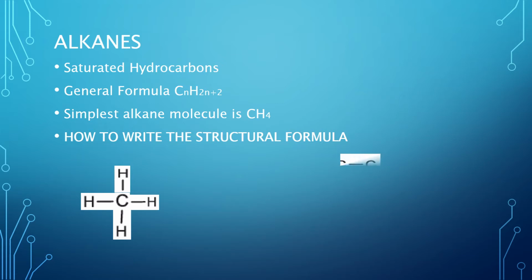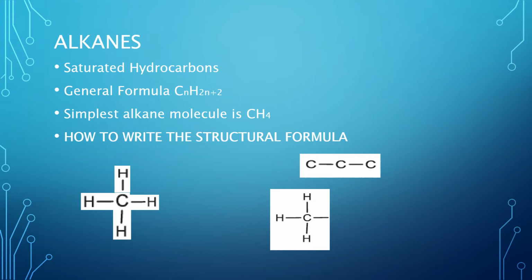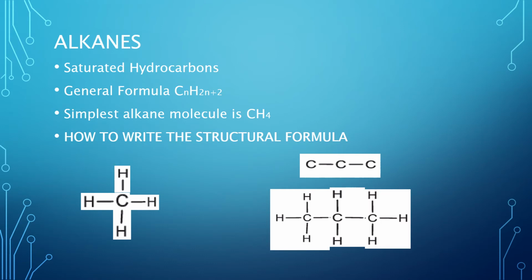The second example of the alkane we are going to write down here is propane. As the name indicates, prop means 3 carbon atoms. So first of all we will write down the carbon atoms in the form of a string, and each carbon will fulfill its 4 bonds. So with each carbon, we will put the hydrogen atoms to fulfill its 4 bonds. The terminal carbons will contain 3 hydrogen atoms, and the central carbon atom will have 2 hydrogen atoms. The molecular formula for propane is C3H8.